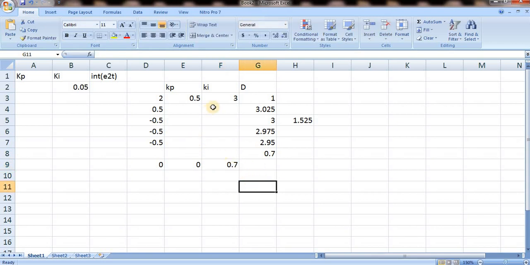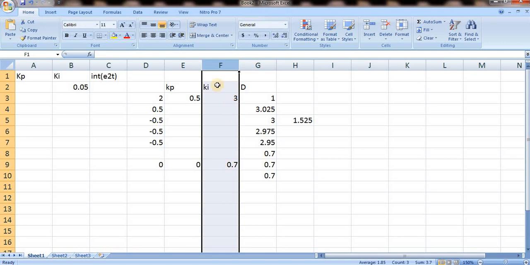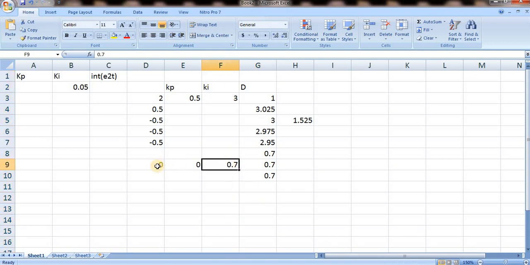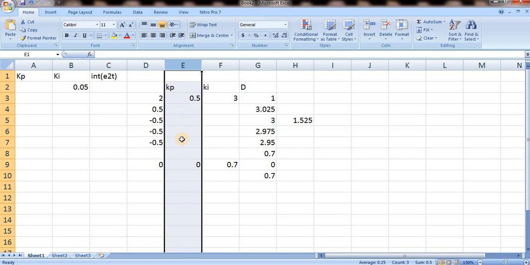So once my duty cycle has reached my desired value, and my output has reached my desired value, the input of PI, that error, is 0. For all iterations my duty cycle will come to the previous value. So this is the importance of ki. If there is no ki, once my error reaches 0, my kp term becomes 0 and my output will become 0. If only kp gain is there.